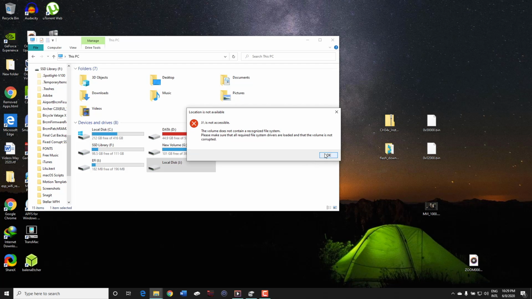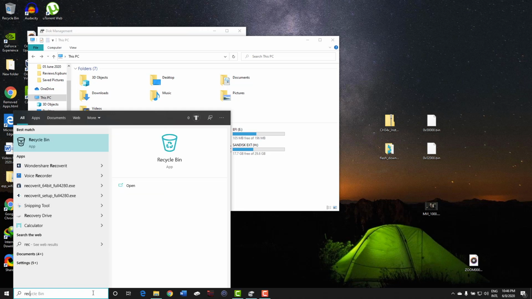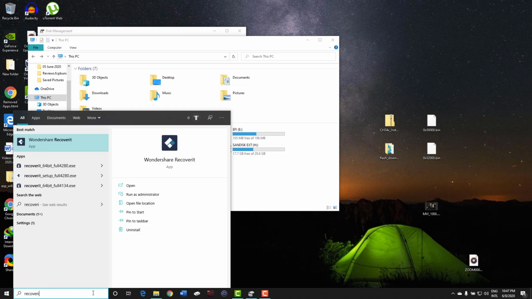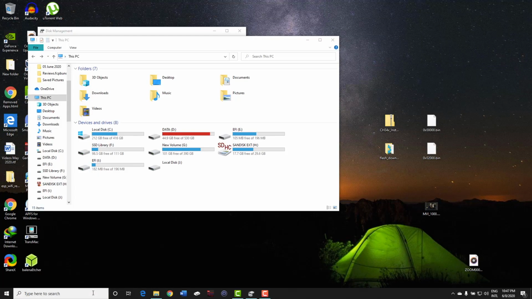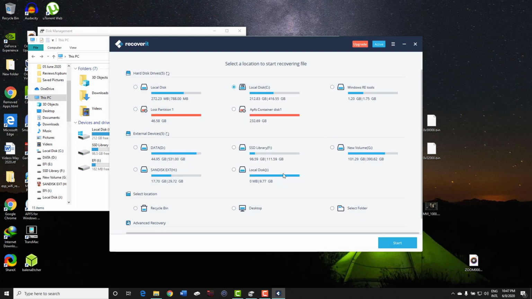So I downloaded the Recoverit software from Wondershare, which is a well-reputed company, and I used that software. It's a data recovery software which recovers lost and deleted data, and it also recovers data from lost, deleted and inaccessible partitions. And since my partition was probably lost, it was inaccessible, whatever you want to call it, I was not able to access the data from that partition, so it's lost.